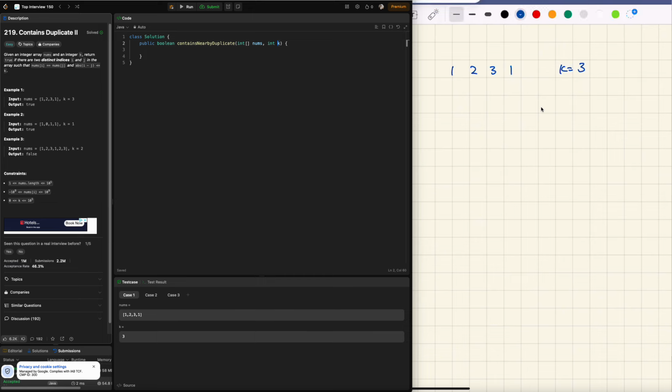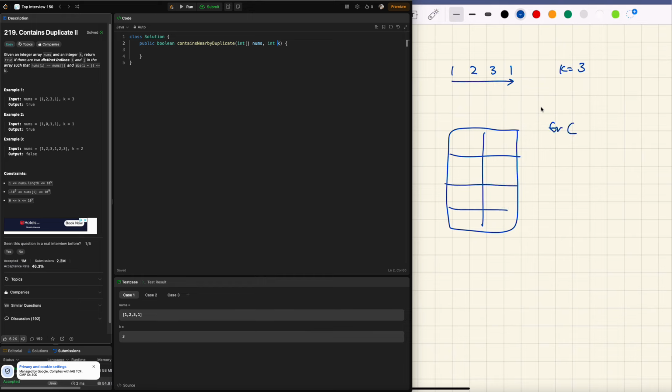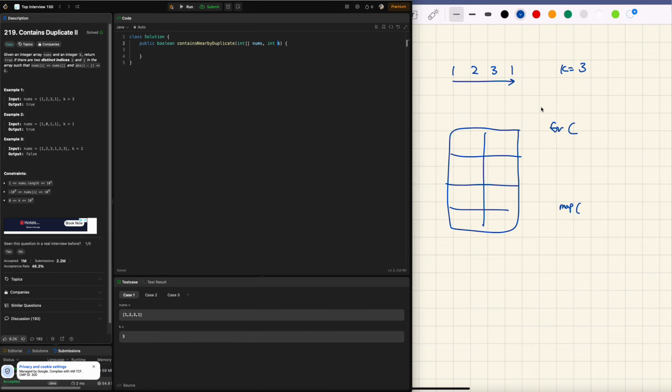So what I mean by that is we're going to have a hash map here, and then we're going to have a for loop that iterates through the numbers, and then we update our map. So the number will go into the key, and then the indices will go into the value. So what we are going to do is after 3 iterations we will have updated our hash map,